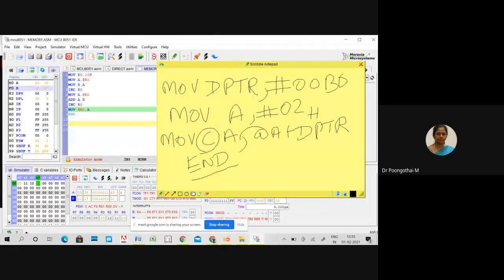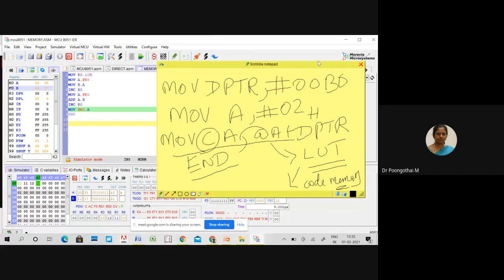So using this instruction, we can load our pre-calculated values in code memory, and also access those elements using MOVC A, @A+DPTR. A lookup table contains the pre-calculated values, and this should be stored in code memory only, not data memory.